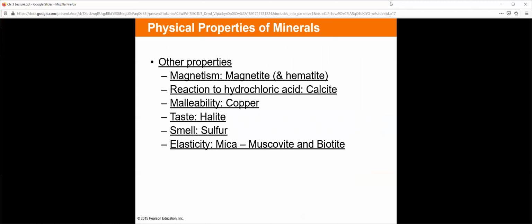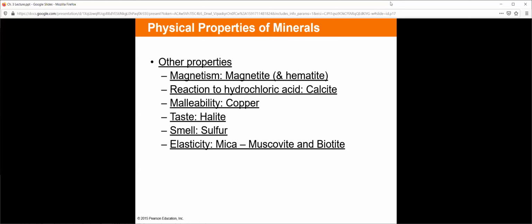So what are other physical properties of minerals? Less common ways to distinguish minerals. Some minerals are magnetic. Magnetite and hematite would be examples of this. And that essentially is you stick a magnet to it and the magnet sticks. There you go. You have a magnetic mineral. You know it's magnetite or hematite as opposed to some other rock that may look or have a similar hardness. Some rocks react to acids. For example, calcite bubbles under hydrochloric acid. If you drop a little bit of hydrochloric acid on a rock and it bubbles, it's calcite. If you drop some hydrochloric acid on quartz, which can look very similar, it won't bubble. Therefore, you know it's not calcite.